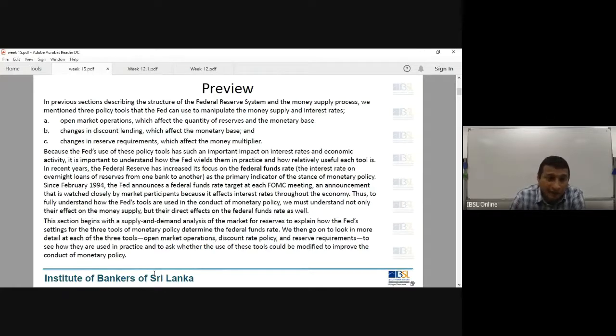And then the discount lending, which also affects the monetary base. And then the reserve requirement, this is the small r that we were looking at. Mainly the statutory reserve requirement in the case of Sri Lanka. Other countries might use required reserves, some countries use statutory reserves. In the case of Sri Lanka, we call it the statutory reserve requirement, SRR, which now stands at 2%,